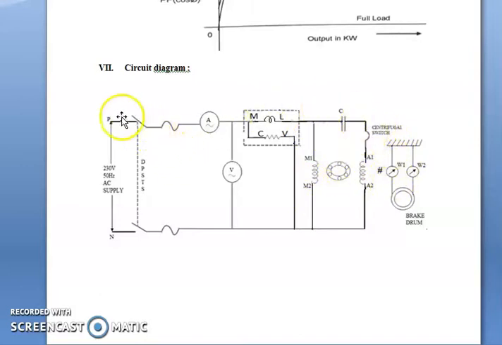Now I'm connecting a single phase AC supply, that is a 230 volt 50 hertz AC supply, and this is an auto transformer. We are using an auto transformer; simply you can directly connect the motor, then the ammeter, voltmeter, and this is the wattmeter. This M1 is the main winding, and A1, A2 is the auxiliary winding. So this is a part of the motor. Now this is the wattmeter, this is the voltmeter, this is the ammeter. And this W and W are the weights, or the symbol for the forces we are going to apply on the brake drum.